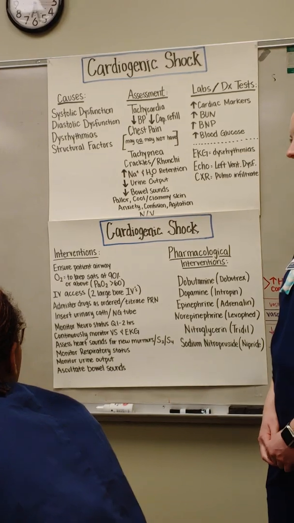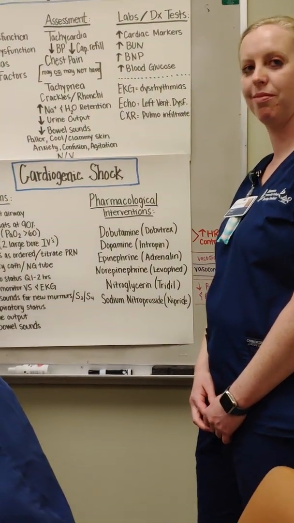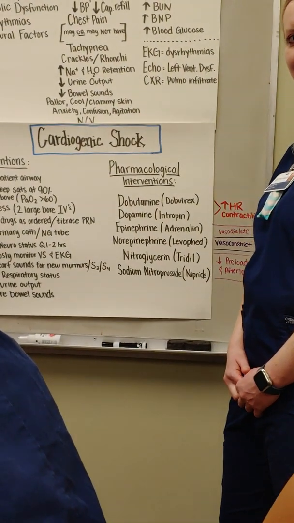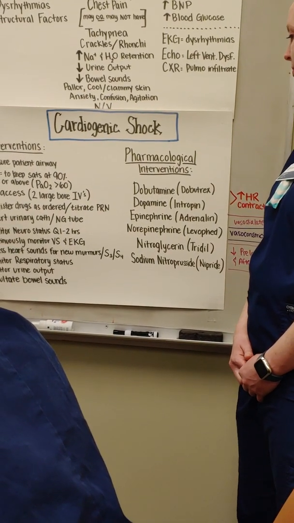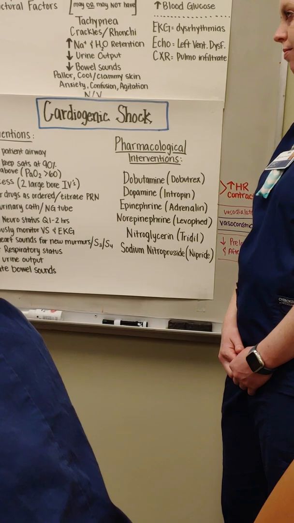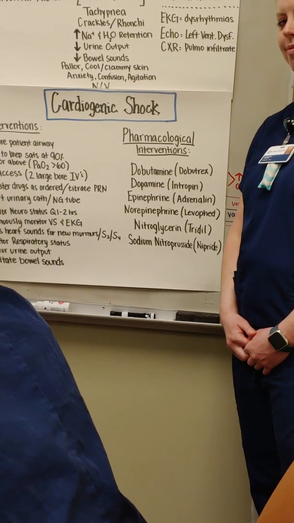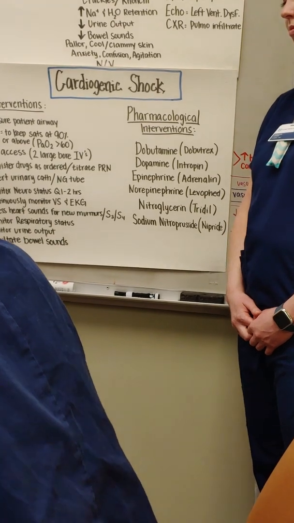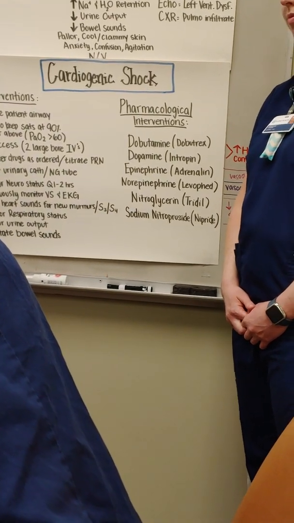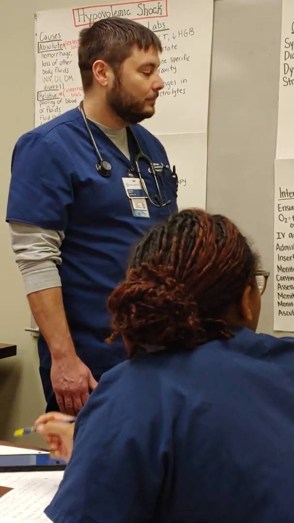Okay. Now, for pharmacological interventions, there are medications that we use with cardiogenic shock. We're going to use dobutamine, dopamine, epinephrine, norepinephrine, nitroglycerin, and sodium nitroprusside. Wow. So when I